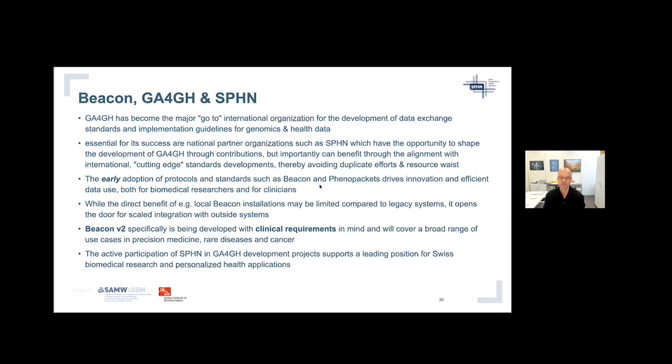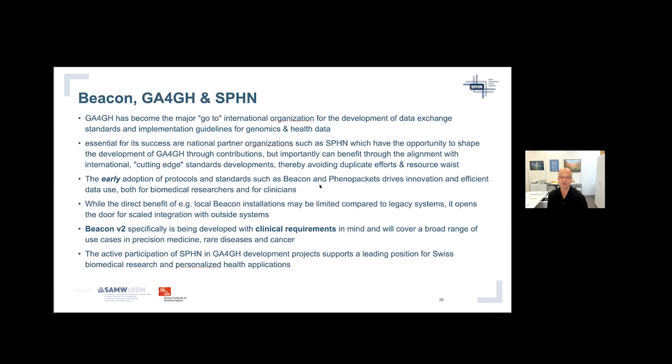And if you think about Beacon as some interface or added value for your local variant database search in your clinical context, Beacon right now and a little bit in the future may still be limited compared to directly tailored developments, which obviously require lots of development effort. You can put in legacy systems.